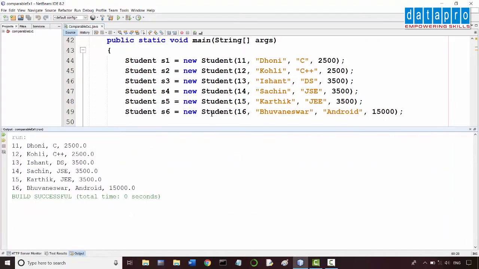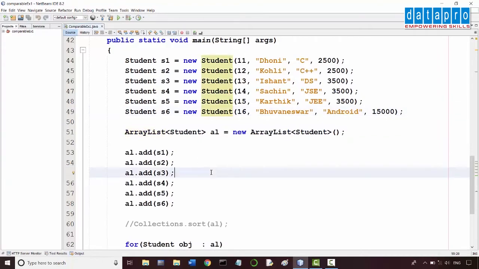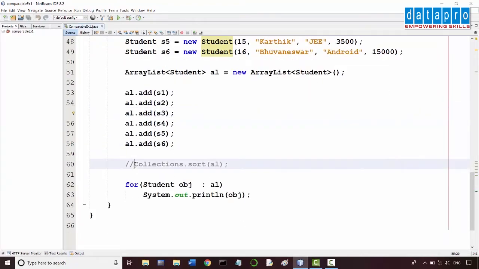Now we want to sort them. To sort a collection of objects stored in an array list, we have a function called sort in the Collections class. But see, when we say Collections.sort of the array list object, it is giving an error. Now think for a moment why it is giving an error.